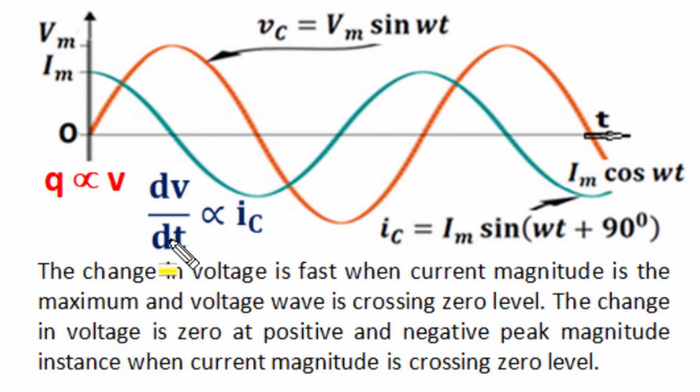The time rate of change in voltage is directly proportional to charging current, and when charging current is at positive peak, at that instant the rate of change of capacitor voltage with time is maximum, and voltage increases at maximum pace when its instantaneous value is 0, as shown here. Similarly, at negative peak current conditions, the negative rate of change of voltage with time is again fastest. Again at 0 instantaneous value conditions, the rate of change of voltage is maximum, and both at positive peak and